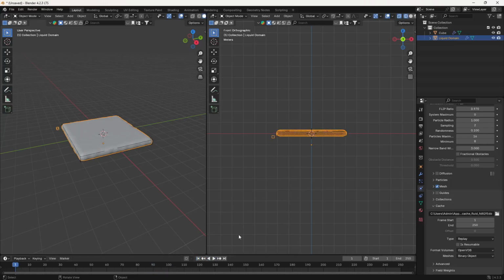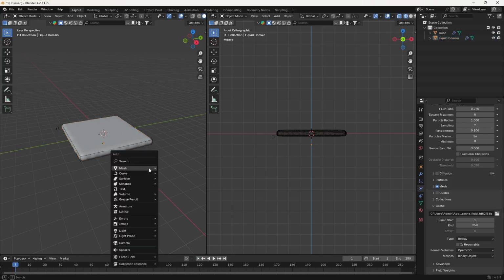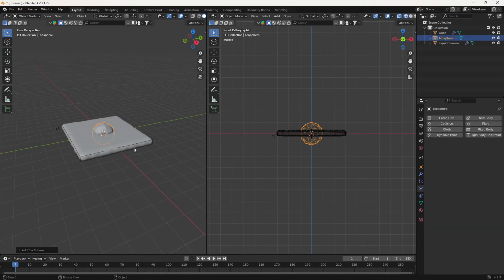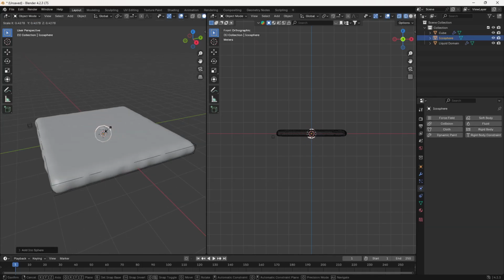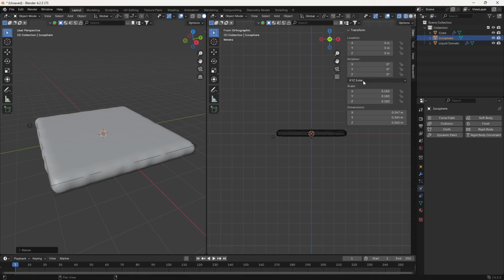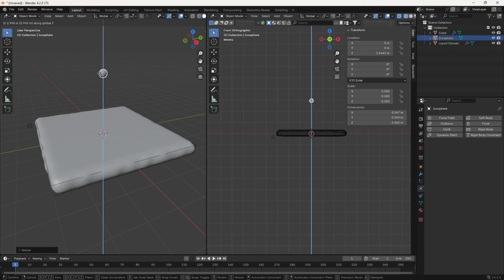Now what we want is an object which collides with this container. So let's just create an icosphere. Let's press the Shift A key, go to mesh and create an icosphere here. Let's scale this down by pressing the S key. Okay, I'm just going to open this menu here so I can see as well. Let's press the G key and place it something like this here. So it's going to collide like this.